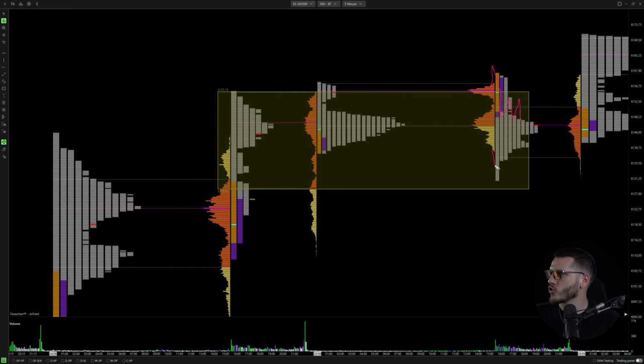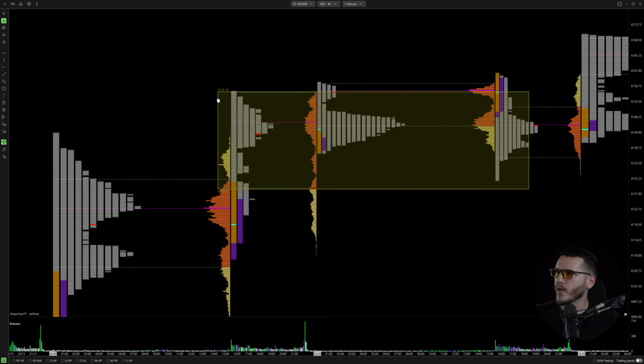We also have a very strong low, so sellers try to auction lower, but these single prints and these low volume nodes have done their job at keeping the auction higher. So the same guys that were considering these prices to be very cheap are still considering these prices to be very cheap and are willing to keep buying and keeping the auction here, okay? And that's where we close also the previous value area. So what we can do at this point